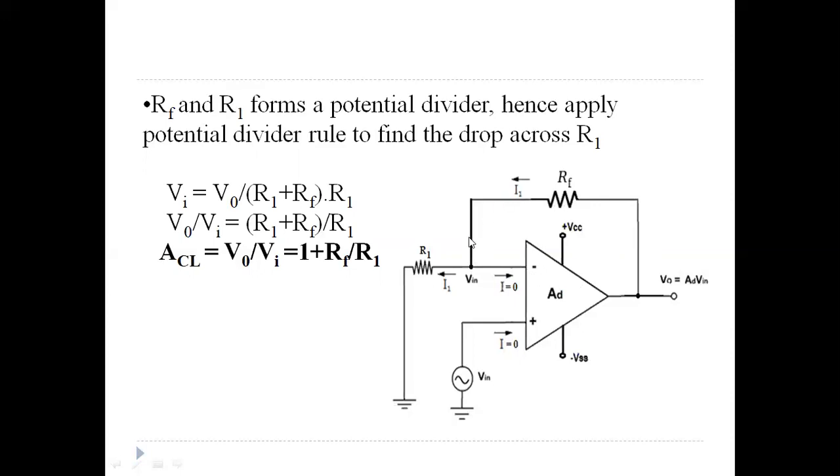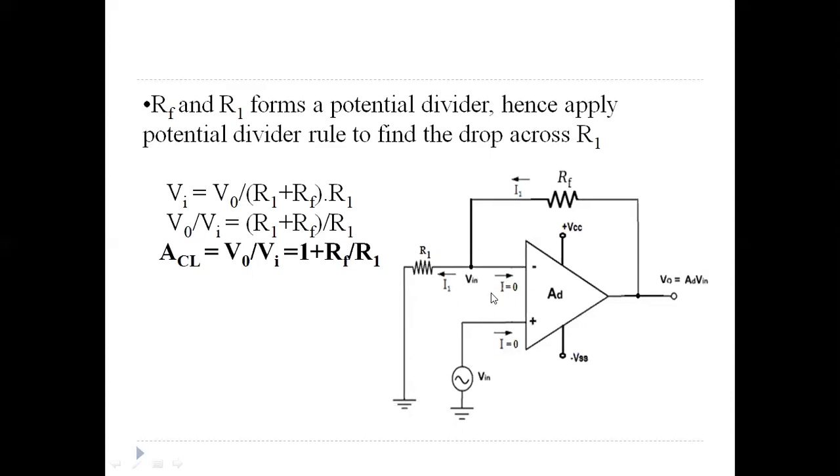This type of feedback is known as negative feedback. If you connect the output to the inverting terminal of the op amp, that is known as negative feedback. Otherwise, we call it positive feedback. If you are connecting the output to the non-inverting terminal of the op amp through some component, then that type of feedback is known as positive feedback. Here we are applying negative feedback in order to get the stability of gain. And next, for the non-inverting amplifier, we are applying the input to the non-inverting terminal and the inverting terminal is grounded.